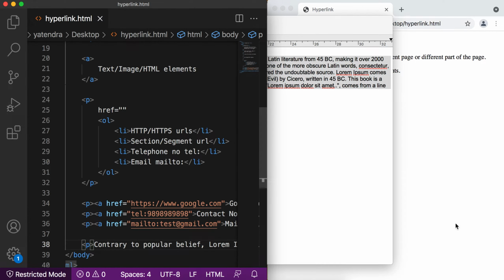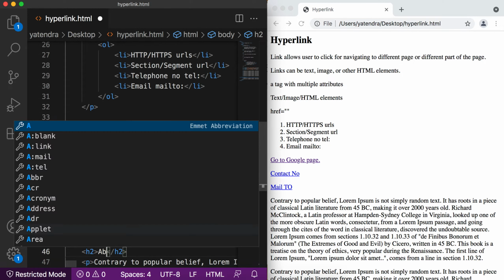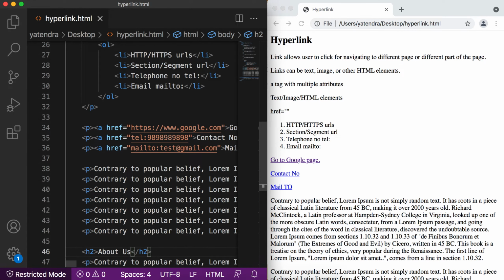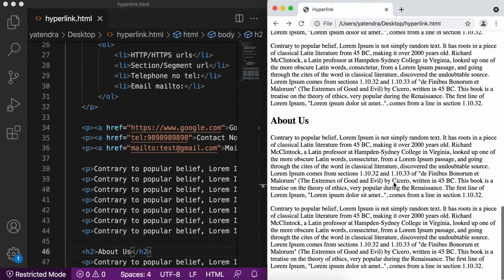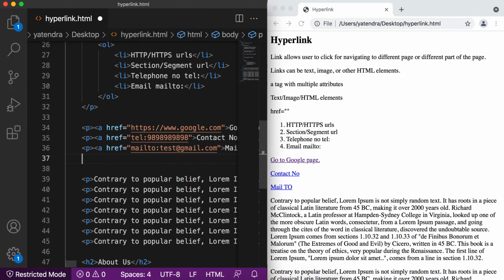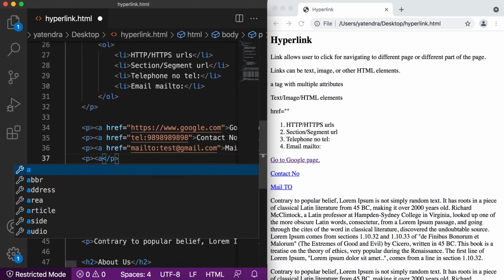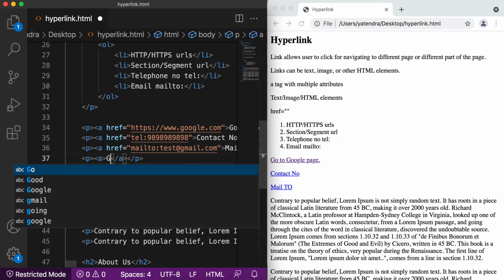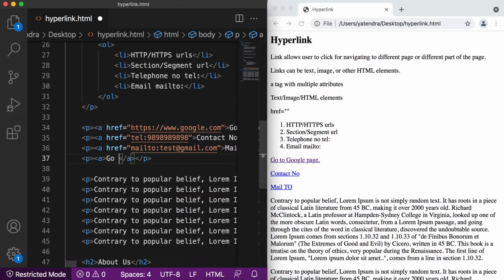Now I add one heading here and give some text about us. Go to the browser, refresh, scroll down. So this is my heading, about us. Now I add this link here. Go to about us,